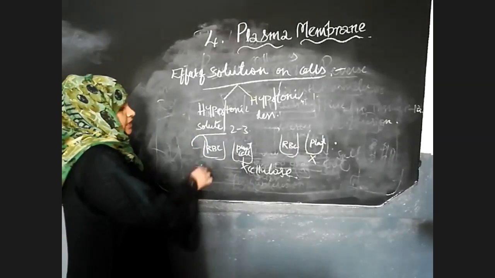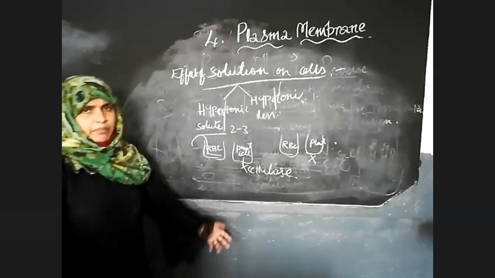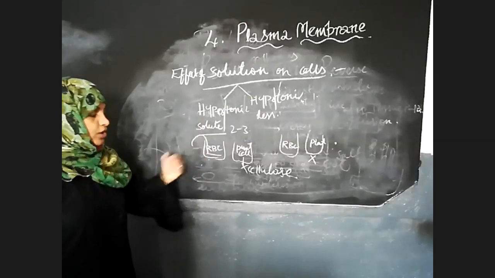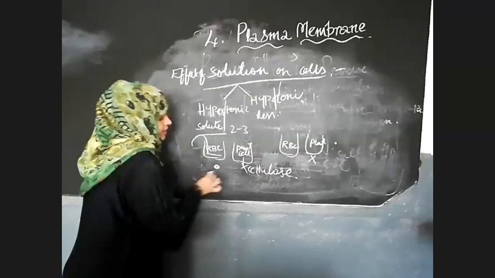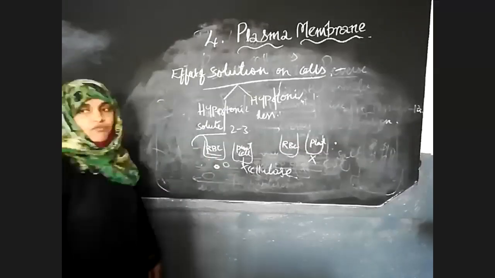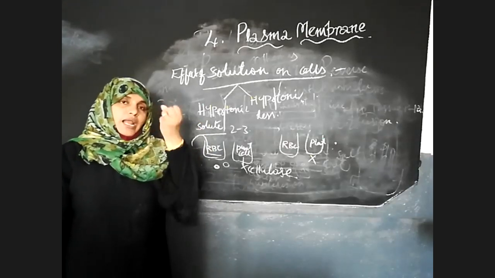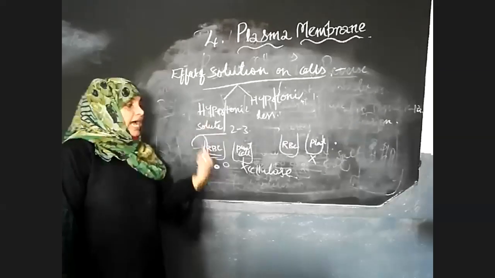Whereas the animal cell, that is red blood corpuscle or red blood cell, if in hypertonic solution, the red blood cell will become small, it will shrink. The size of this red blood cell is somewhat bigger, it undergoes the shrinkage, becomes small in size by shrinking when it is kept in hypertonic solution.